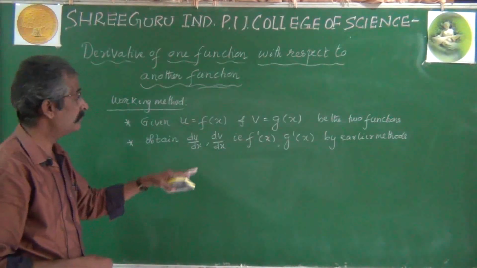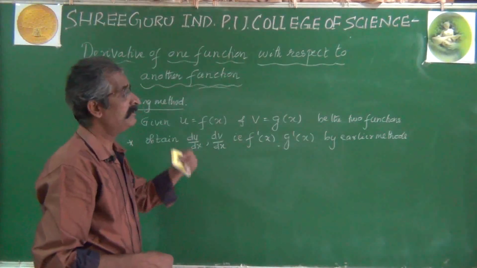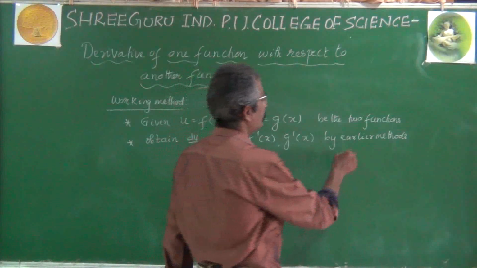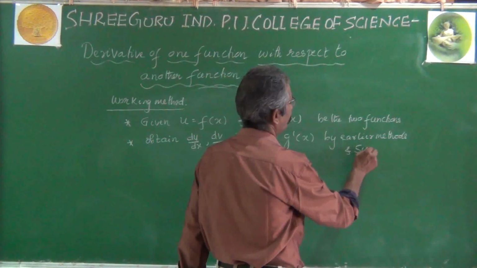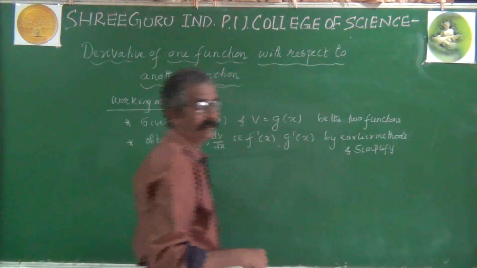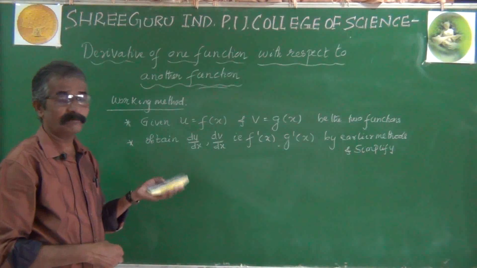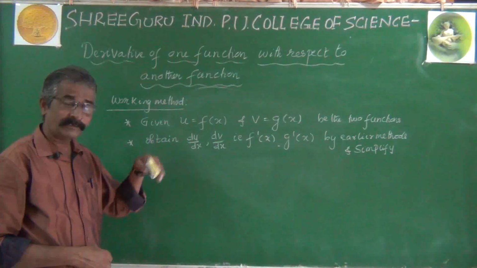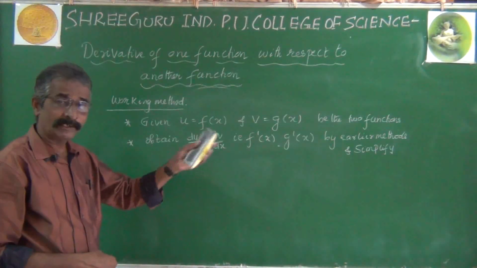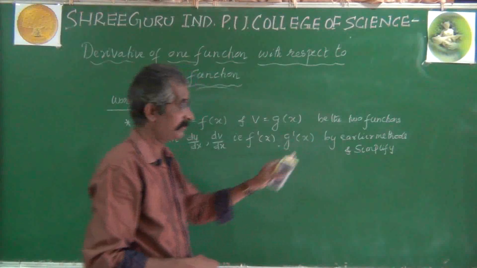We need to find f dash x as well as g dash of x and simplify there only if it is possible. Simplification means using algebraic methods like LCM, like cancellation, like shifting right side, bringing to left side, whichever holds in our mathematical limits, that kind of simplification we have to ensure.